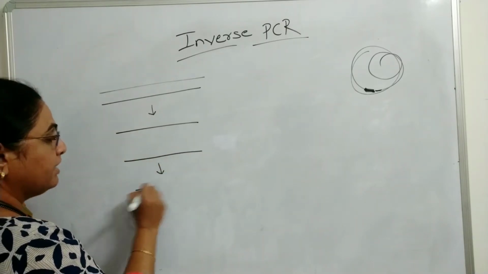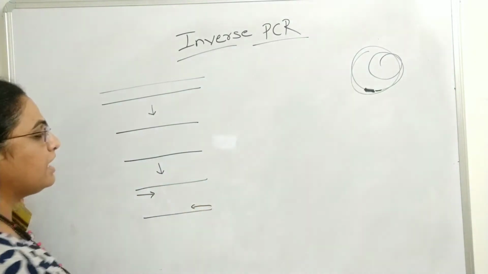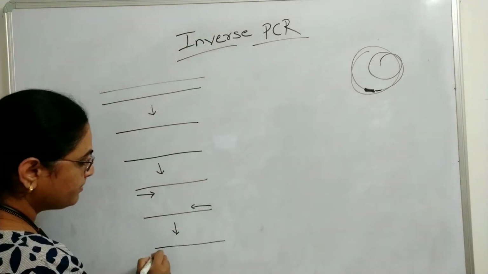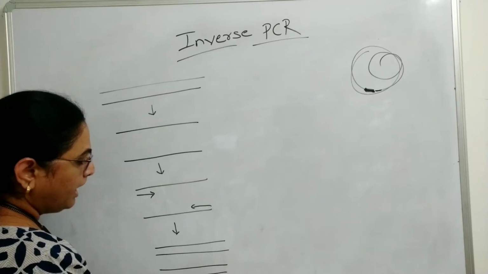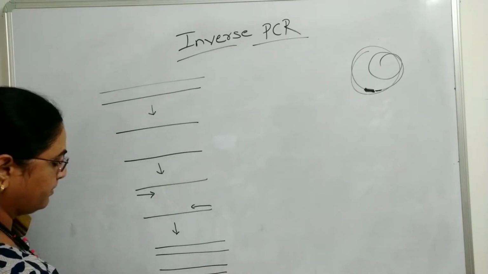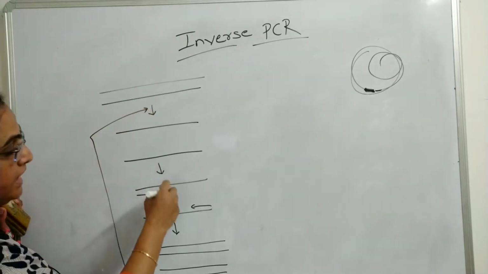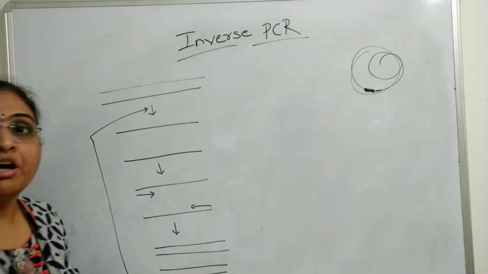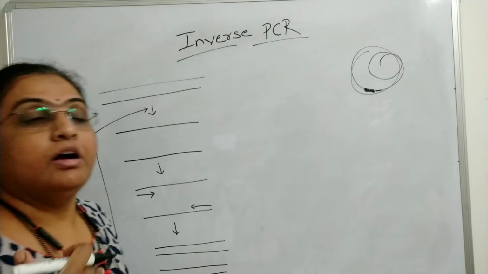Next step is the annealing, and in the annealing the primers anneal to the template DNA, and in the extension there is polymerization and the daughter DNA strands are formed. And after the extension, again there is a step of denaturation, annealing, then extension. This cycle goes on and on for about 30 times,